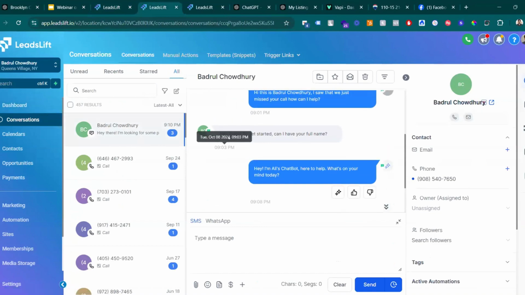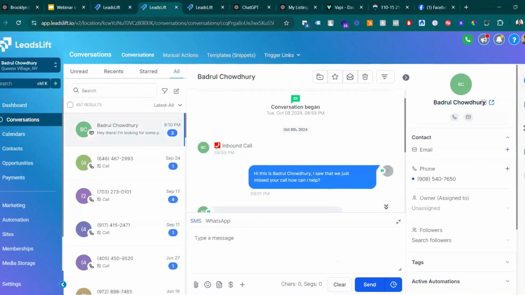For example, this is one of the inbound calls I received. Say I am Badrul Chaudhary and I have received a call, and now the system has detected that I have missed that call. It will start sending them a message automatically. You will not have to be aware of the message going out.